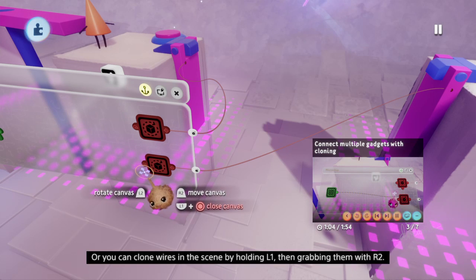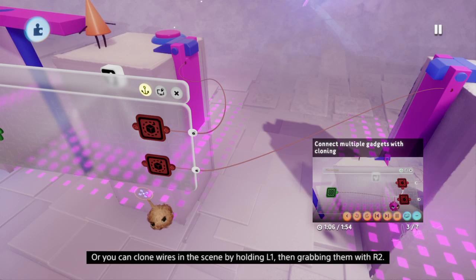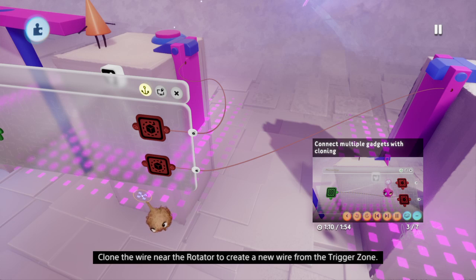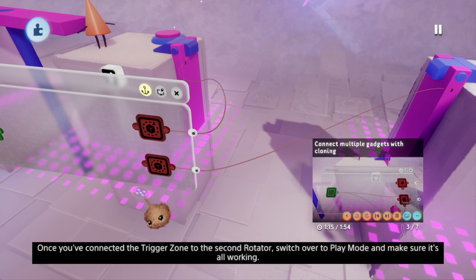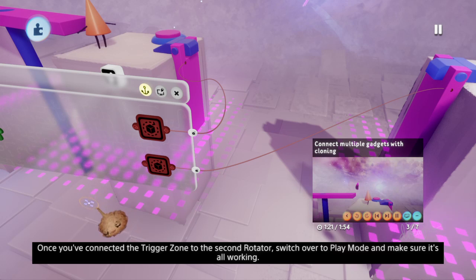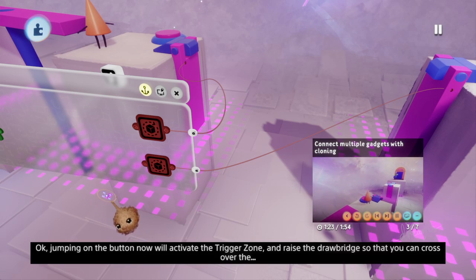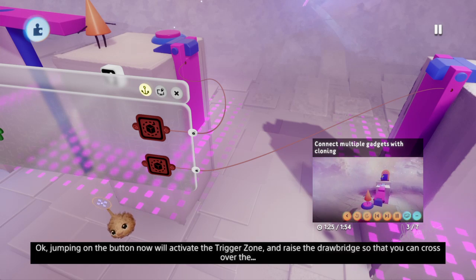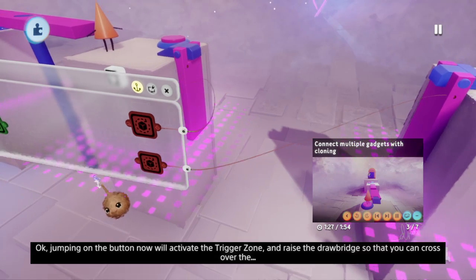Or you can clone wires in the scene by holding L1, then grabbing them with R2. Clone the wire near the rotator to create a new wire from the trigger zone. Once you've connected the trigger zone to the second rotator, switch over to play mode and make sure it's all working. OK, jumping on the button now will activate the trigger zone and raise the drawbridge so that you can